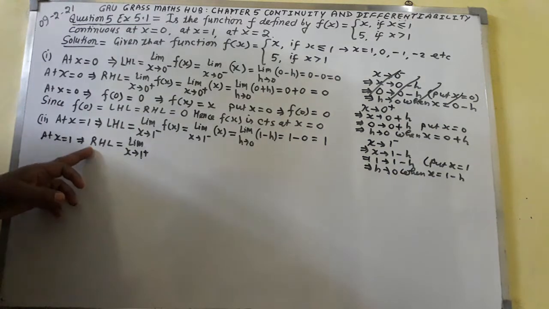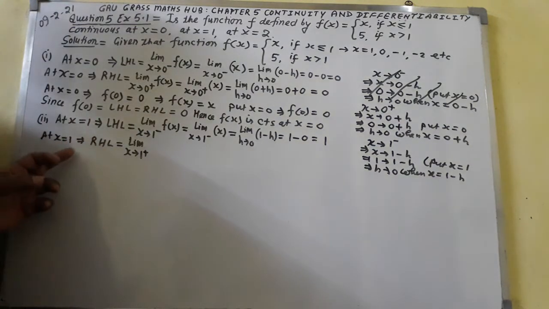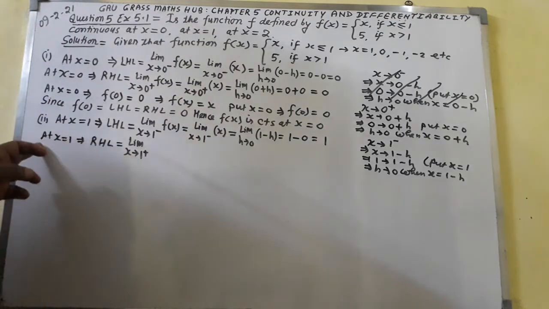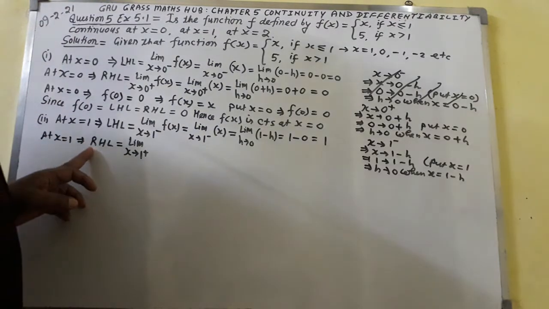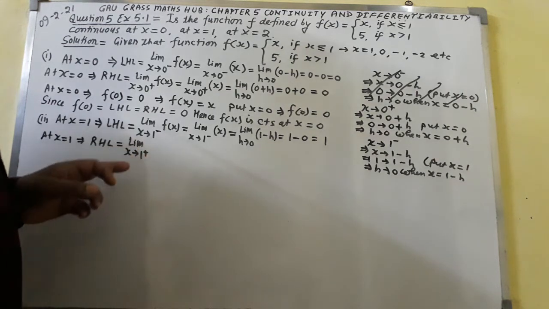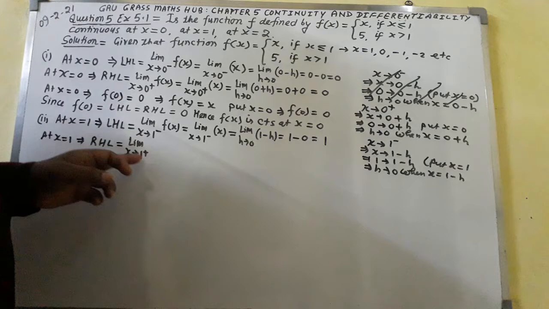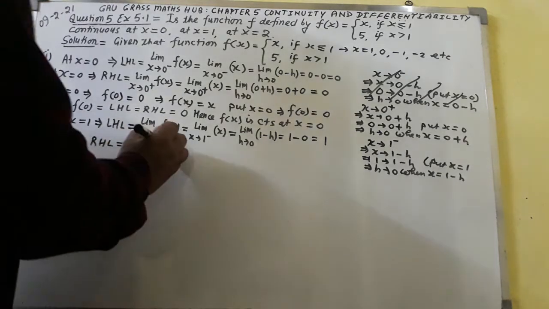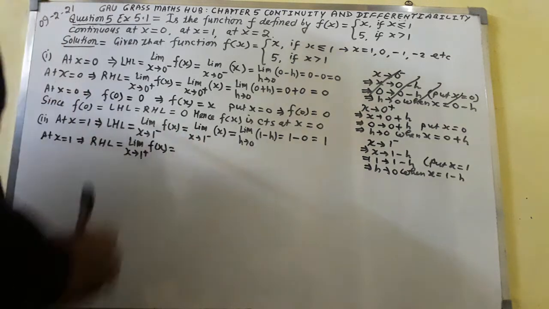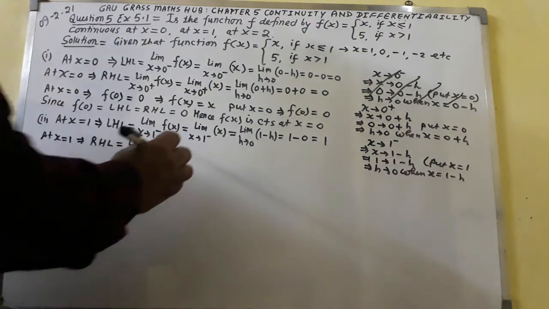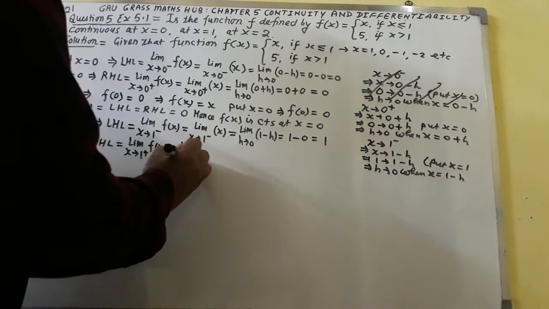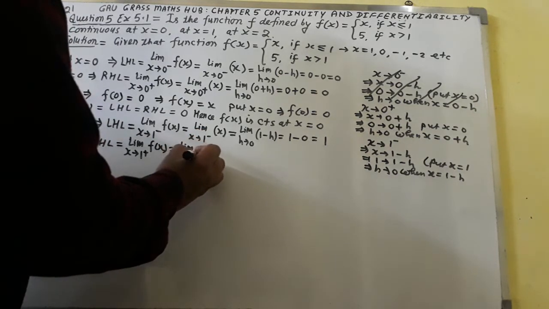Because I have written right hand limit, this is the case we have to show, the right hand limit at x equal to 1. Since right is written, I shall write 1 positive: limit x tends to 1 positive of f(x) equals...